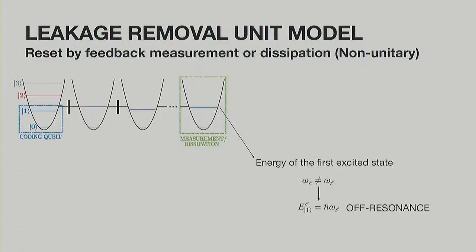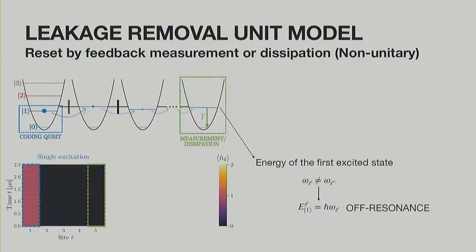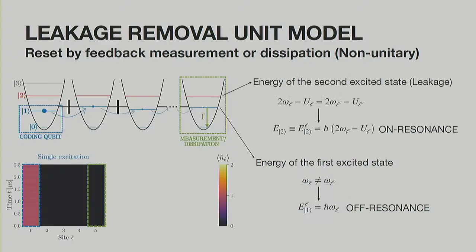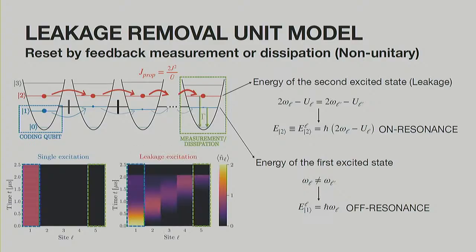So then we want to protect the qubit subspace. For that, we set the energies off resonance. So if there is an excitation in the qubit space, it will not propagate much, so the measurement will not have much effect. This is an example of a trajectory. And to remove the leakage, what we do is set the anharmonicity such that the energy of the second excited state is on resonance. So if there is a leakage excitation, it will propagate,